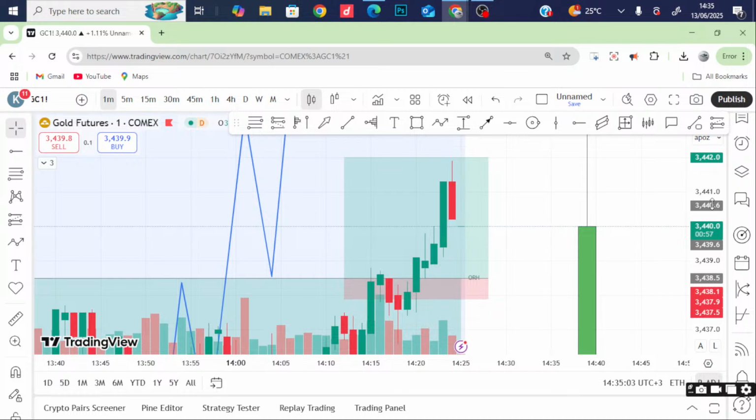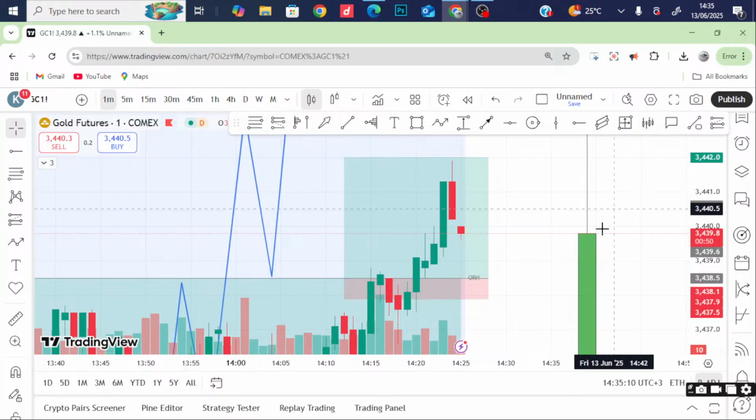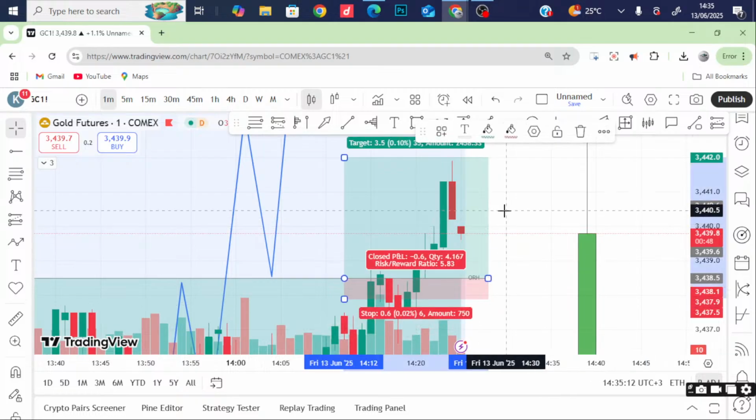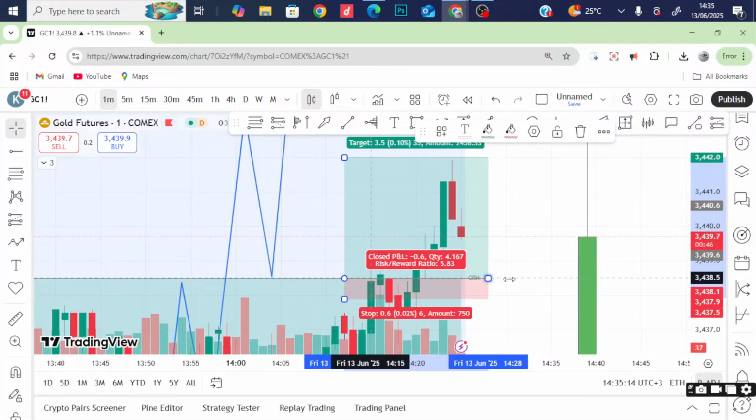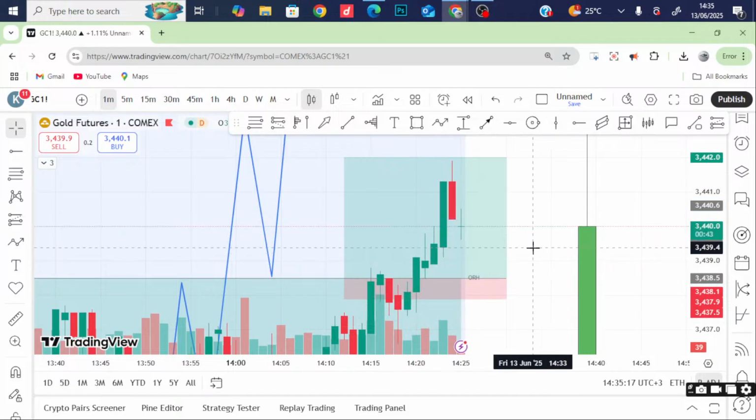If you want more, you can still hold on, but the risk ratio is so high, so I recommend you just get out of the market. You can see some are still remaining. They want to still milk the market. It's well and good, but